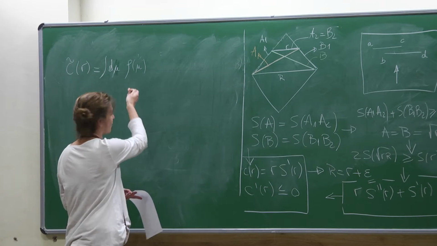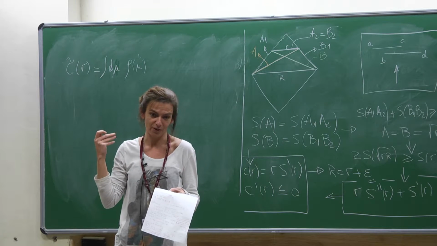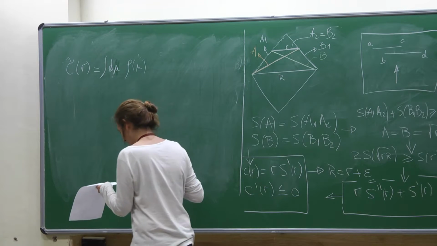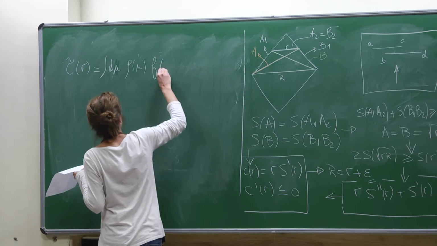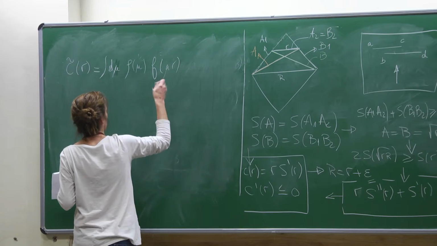Of course, the correlators you have to consider here are correlators of the stress tensor, which are the ones that Samologikov used to prove the theorem. And you can put here a function